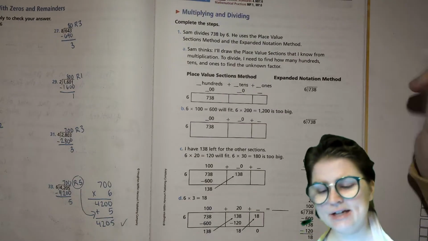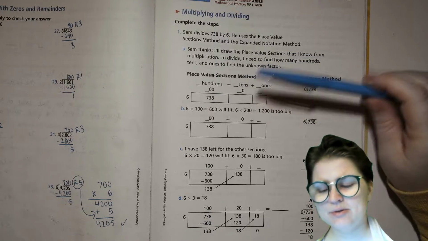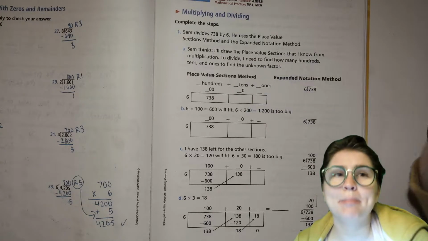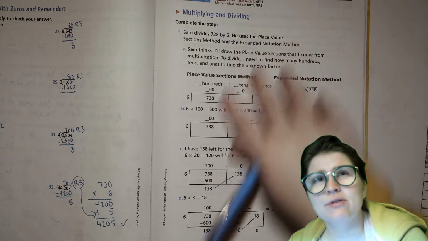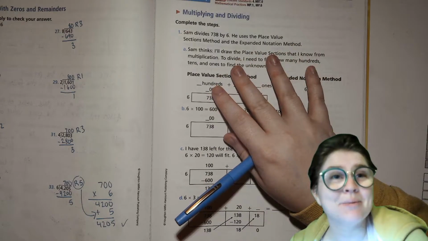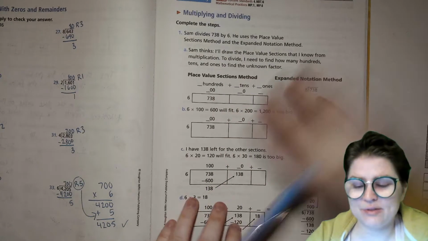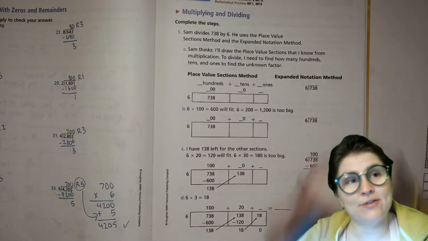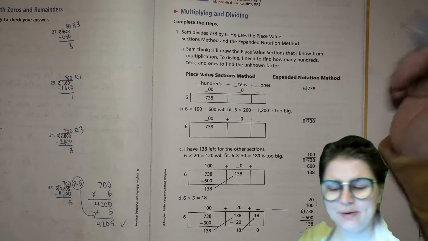And what we're doing today is we're going to learn a strategy that's very similar to what we were doing with the place value sections method for multiplication, but it's kind of backwards. So this page here is sort of like taking notes. You're going to follow along with me and try to remember the strategy. If you need to see it again, you're welcome to come back to it and go through this process with any other problems that you're doing, or if you have an online assignment or something, you can watch this part again because this is the strategy. Okay, so